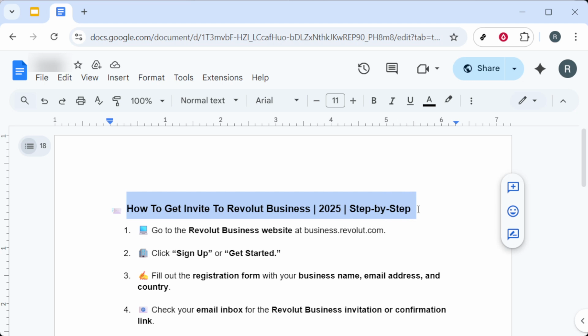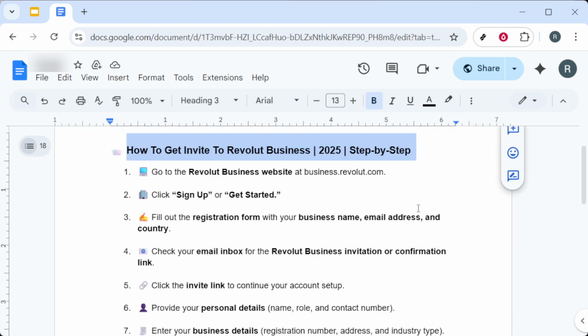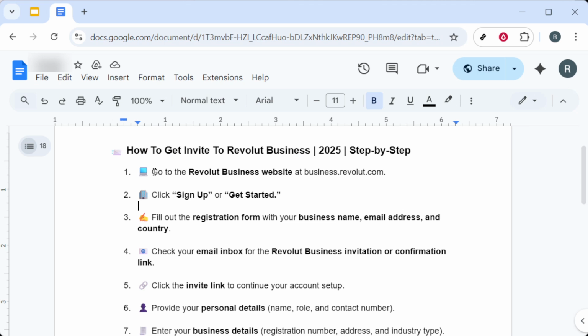Start by opening your web browser and searching for Revolut. Make sure you're on the official Revolut website before proceeding. You should see an option to create a business account. When you're ready, click Sign Up or Get Started. Both lead you into the business onboarding flow, and the exact wording can vary by region, but the process is